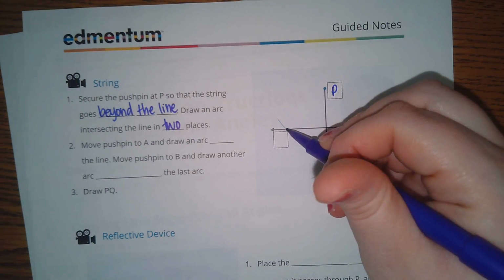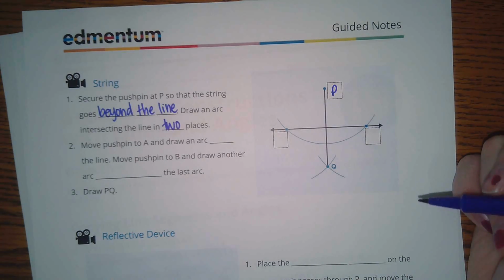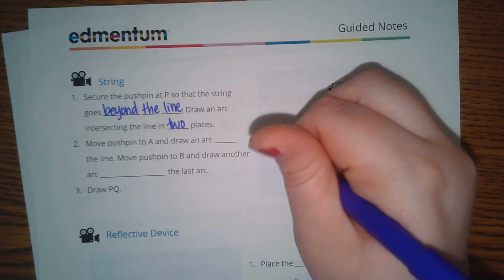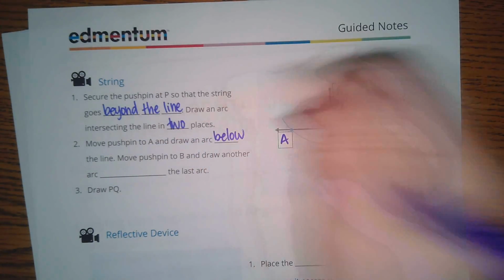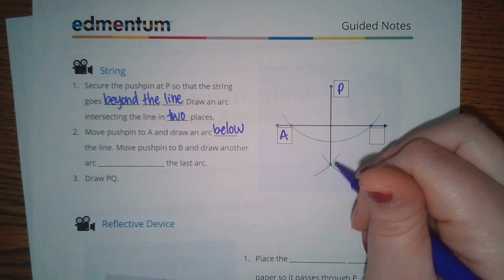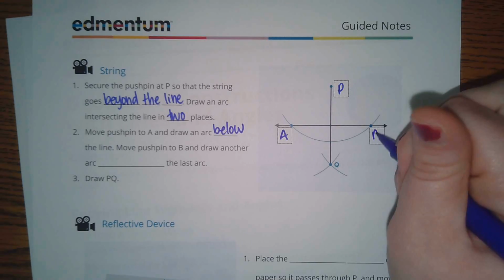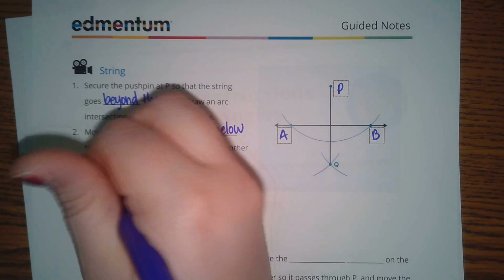So you can see that I'm intersecting here and I'm intersecting here. So I'm touching it at two different points. I'm going to move the push pin to this point A and draw an arc below the line. Once I do that, I'm going to move it to this point B and draw another arc that intersects